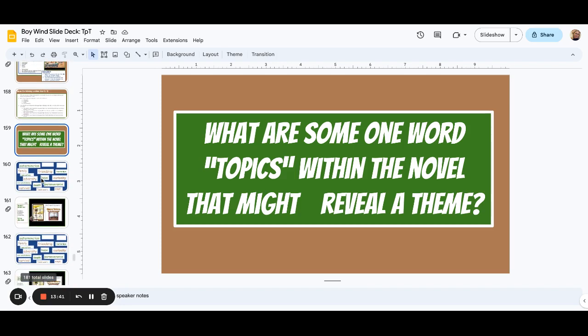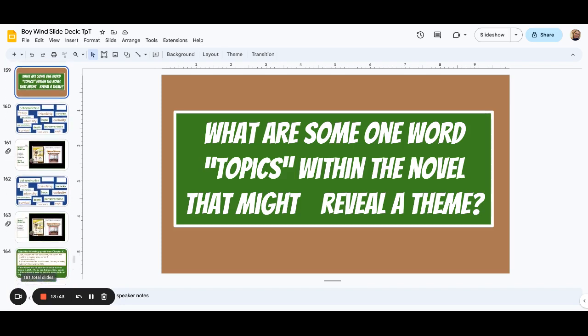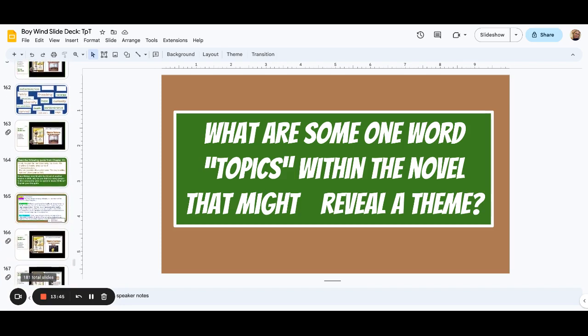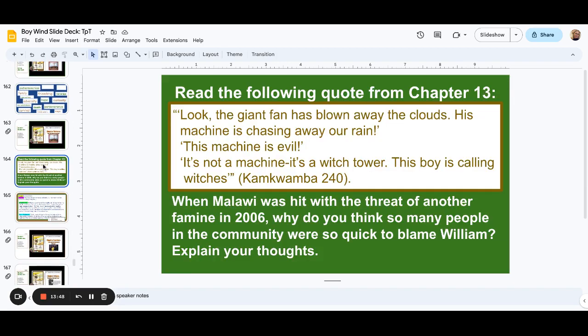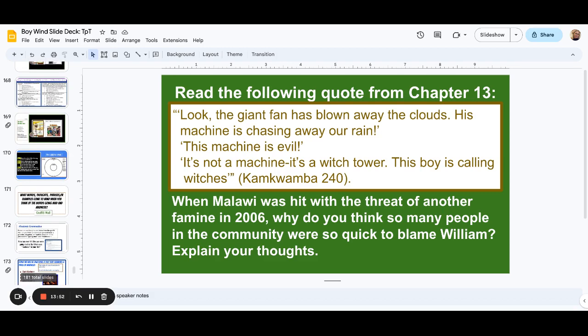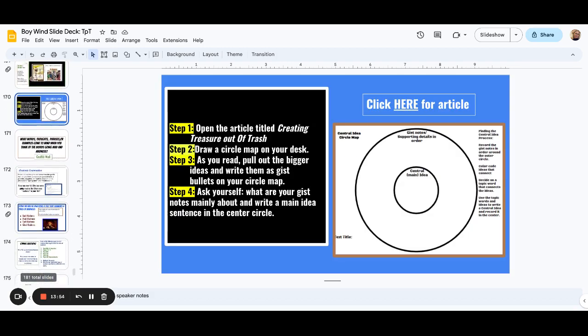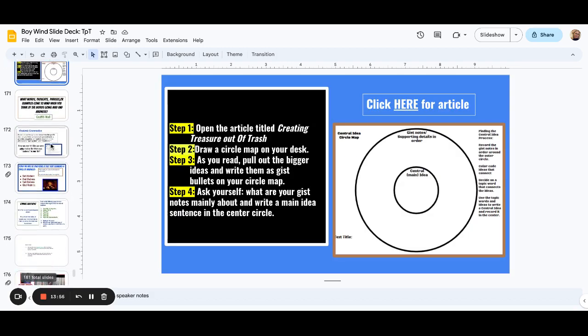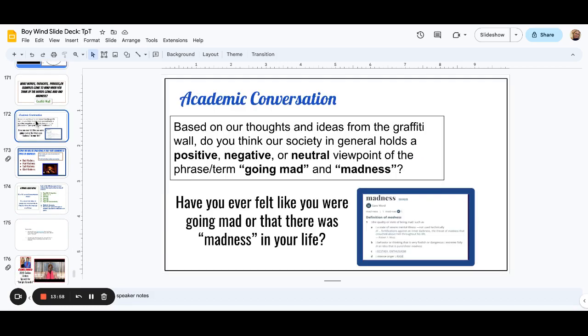A revisit of theme topics. They've already learned this, but reviewing it. More chapter work. More central main idea. Okay, then